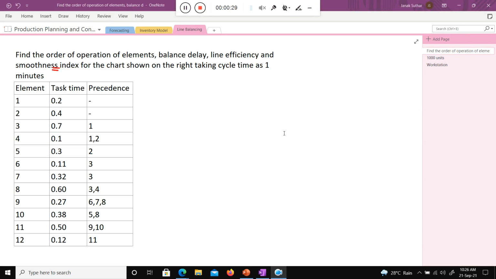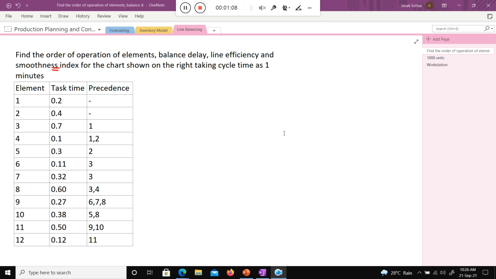Last time we discussed why we need it, with a practical example of bicycle assembly. So now you understood what the precedence, the element, and the task time are. Element means the work element 1, 2, 3, 4. In bicycle assembly, the first one is to attach the front tire to your main frame. After that you put the handlebar, after that tighten the handlebar. Like that there are activities, and the interrelationships can be shown using the precedence relationship.